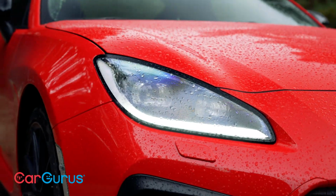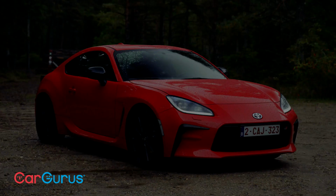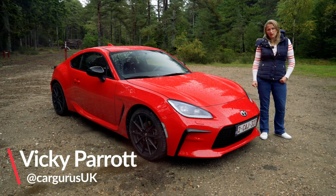It feels like the end of a breed, doesn't it? It's the lightweight, petrol, affordable, straightforward, fun coupe. I think it does definitely feel like this is on its way out. We know that this car probably isn't going to last much more than another couple of years because of changes